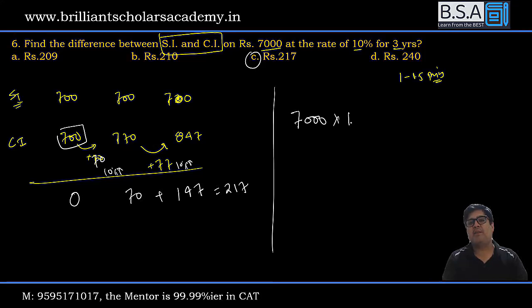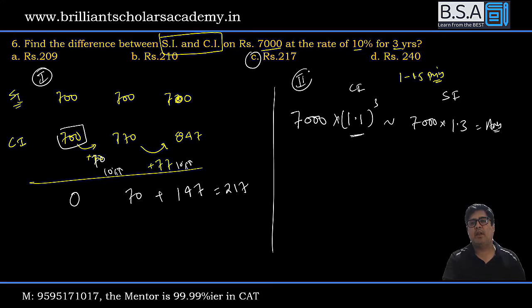Another way to do this would have been the simple formula approach. 7,000 multiplied by 1.1 cube. This is compounding. 7,000 multiplied by, because 10% is added 3 times, 1.3. This is simple interest. This is compound interest. Subtract both. That is your answer. Method 1,